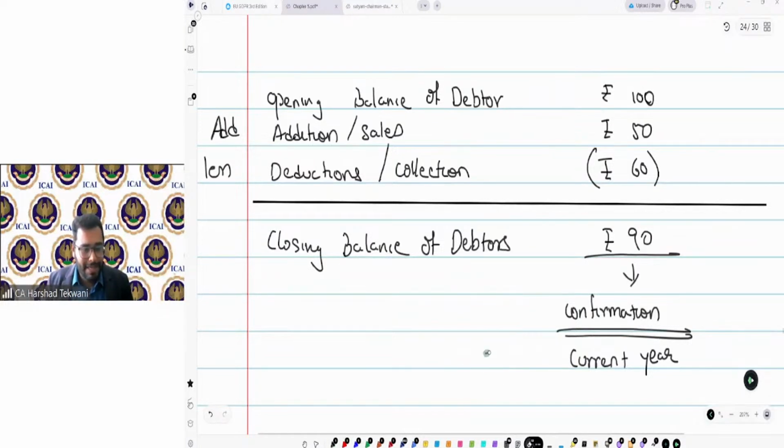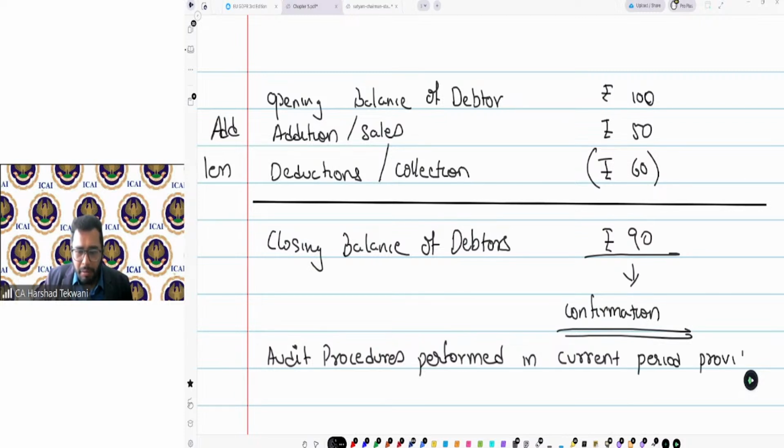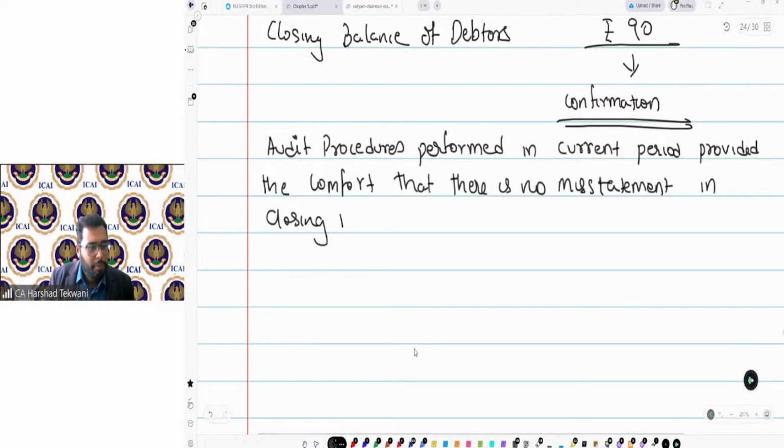Let me write it in a full sentence. Audit procedures performed in the current period provided the comfort that there is no misstatement in the closing balance of the current year.